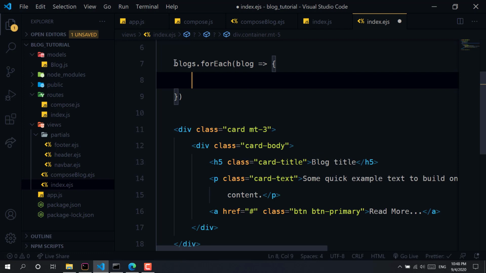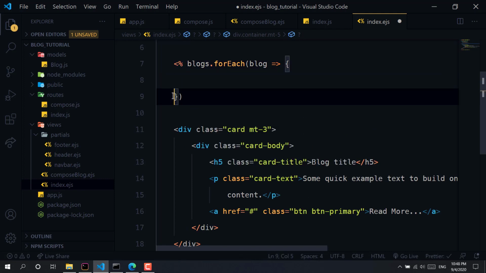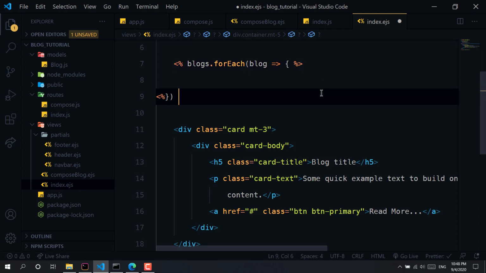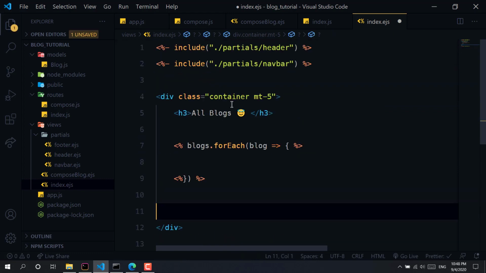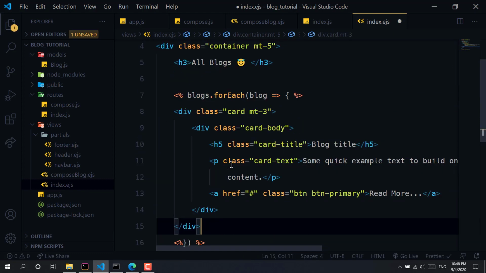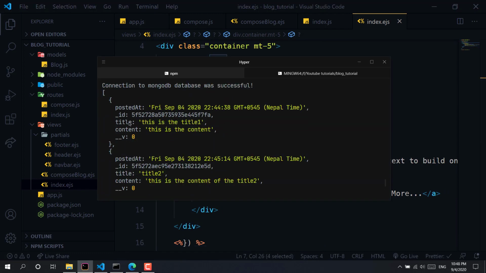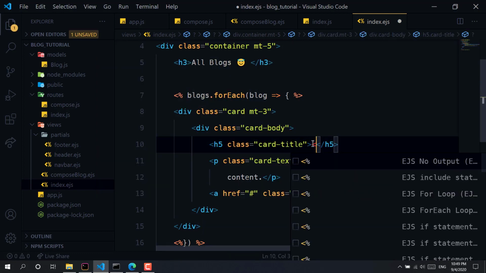Now what I need you to do is simply copy that, paste it over here, and copy this all and paste it over here. If you don't know what I am doing right here, it's just a way of running JavaScript in your HTML code. If you haven't watched my previous video, make sure to watch it if you are not familiar with it. So we have your blog and everything. We have title, content, and we have here posted at. So I will just integrate it right here.